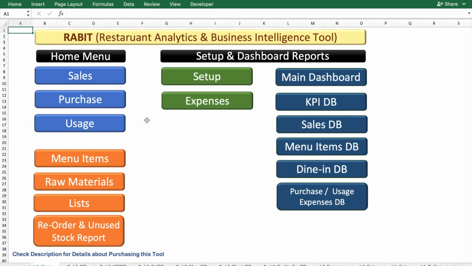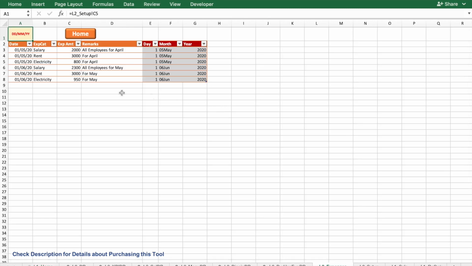So the final part which needs to be filled by the user now is the expenses sheet, where they need to fill in the date. I'm just going to go ahead with it. What the category is, all again dependent on the information we put in the list section. So the data entry, as much as possible, is going to be through drop down list, which has a twofold advantage. One, that it's going to be really simple and fast, and two, it'll ensure that there are no errors.